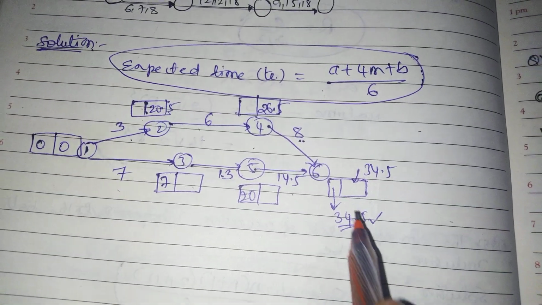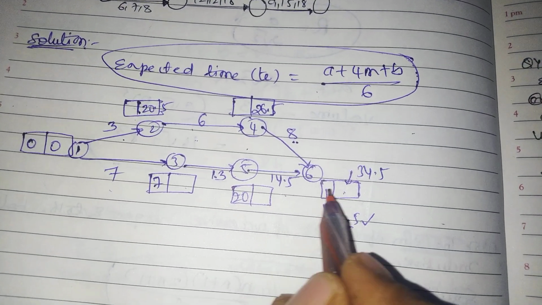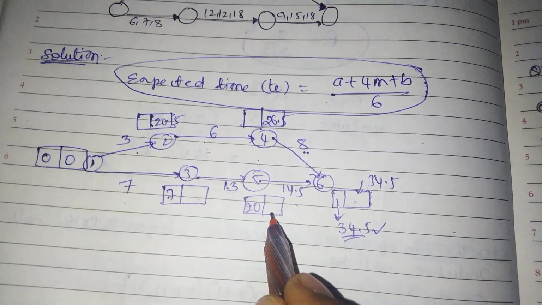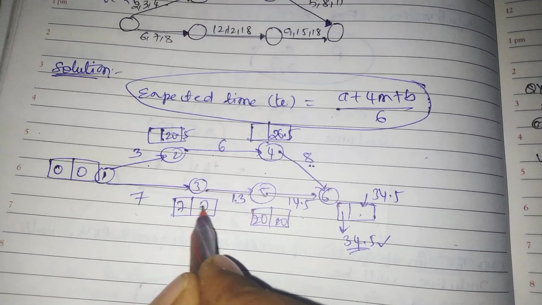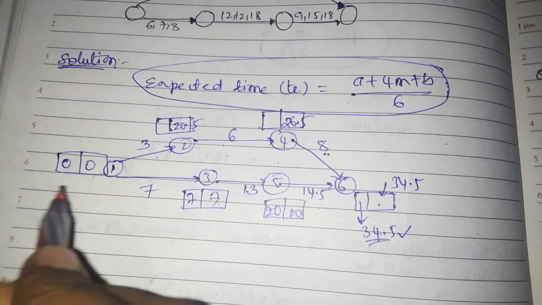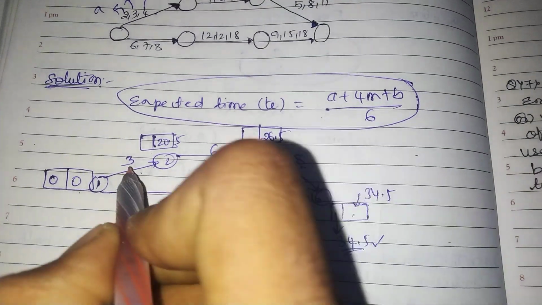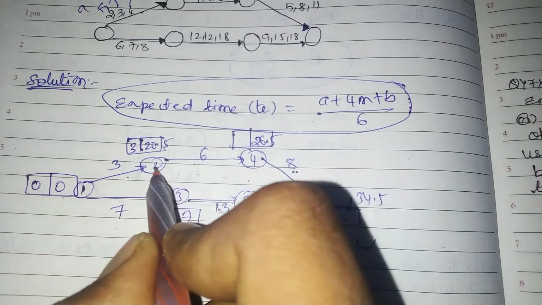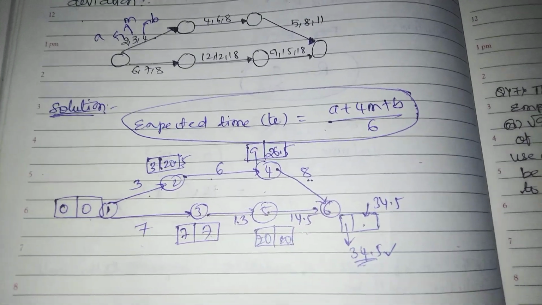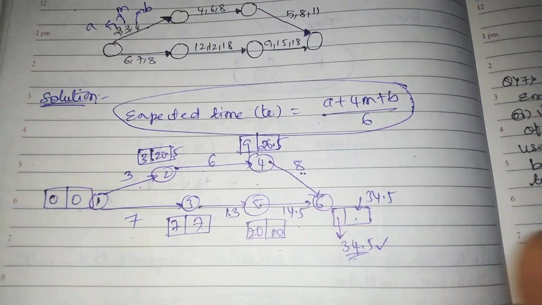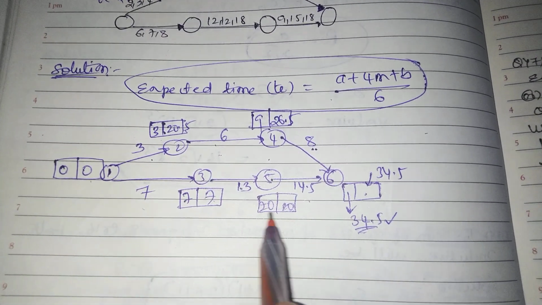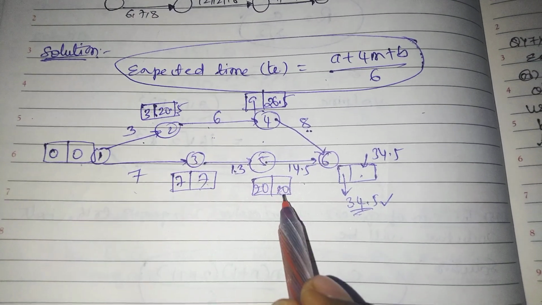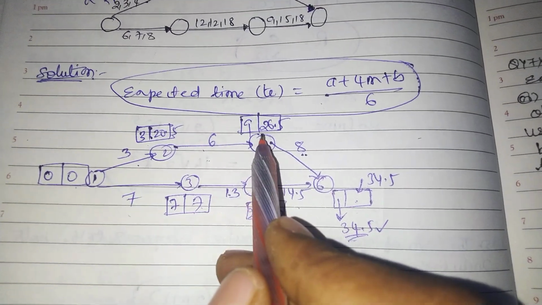Similarly over there, 34.5 minus 14.5 becomes 20, and this becomes 20 minus 13, 7. 7 minus 7, 0. So they all are same, right? Over there 0 plus 3, 3, 6 plus 3, 9, right? For that one standard deviation we choose this path because all are same, 0, 0, 7, 7, 20, 20, 34.5, 34.5, but the whole upside they are different.